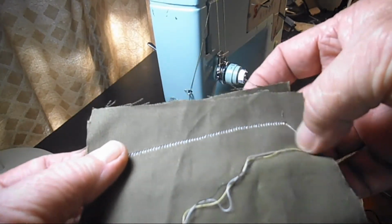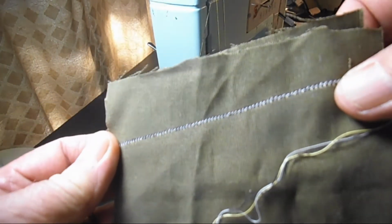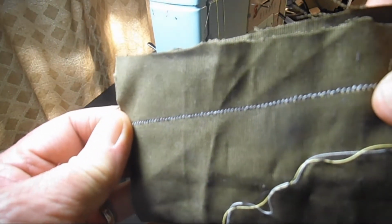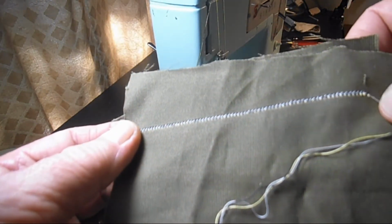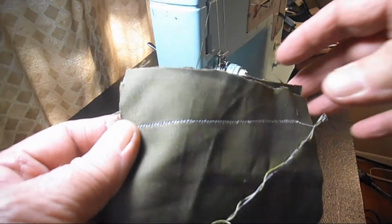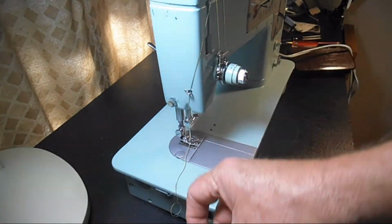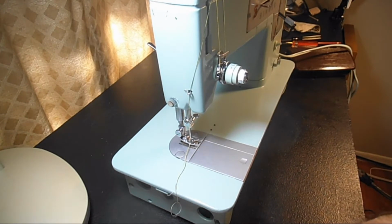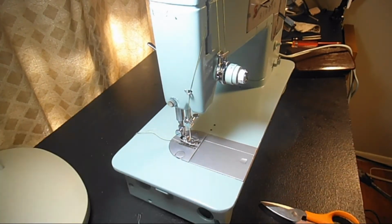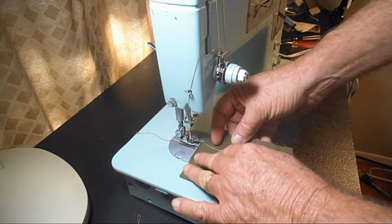And then on the back side, you'll see the white bobbin thread is more zigzaggy because it has to wrap around both of the top threads. But that's a real nice balanced stitch here. So I would say that the double needle straight stitch settings and tension look very good. So I'm going to move on to the